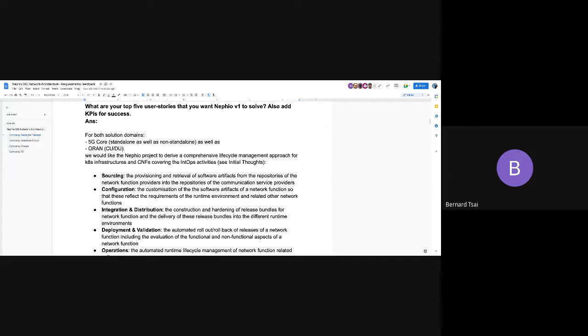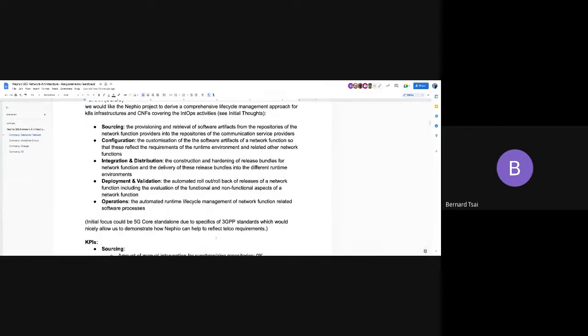And then as soon as we're in the operations phase, there should be an automated runtime lifecycle management, which also takes care of any upcoming changes, upgrades, outages, etc., to make sure that this whole solution consistently continues to work, even if there might be changes over the runtime. So that's the grouping of the user stories.